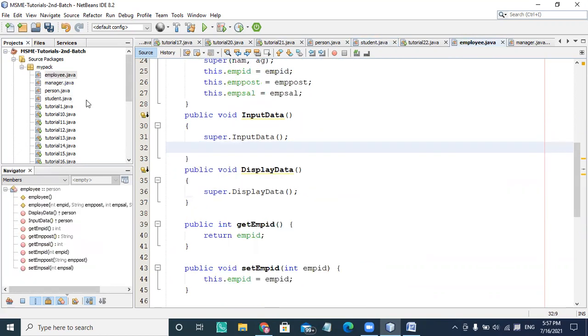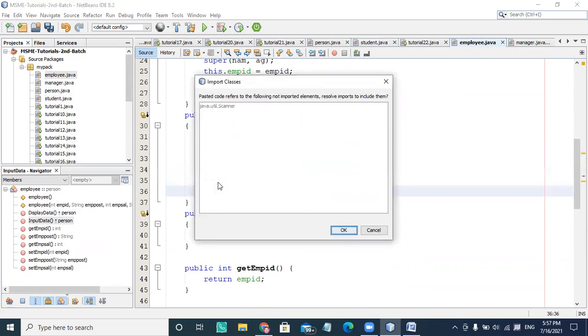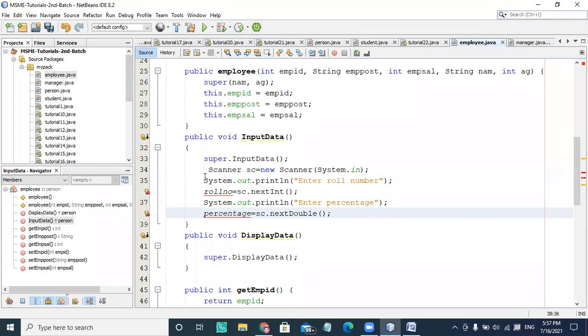I'm choosing employee here, pasting it here and replacing the roll number with employee ID. Instead of percentage, I'm using employee post, and here I simply write next because it is string data. Here, enter the employee ID, and here it asks for the employee post.